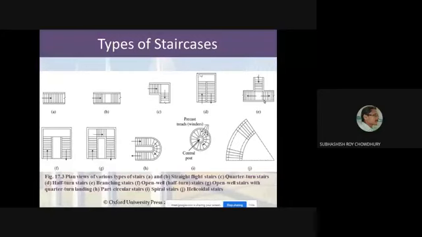Say there is one beam along this end of the landing slab, as well as a beam at the junction between the waist slab and the landing slab. In that case, for the waist slab, the effective span will be measured from this one, and this slab will be designed separately. And if there is one beam here, and this is the mid landing slab, this is simply projected as a cantilever slab.